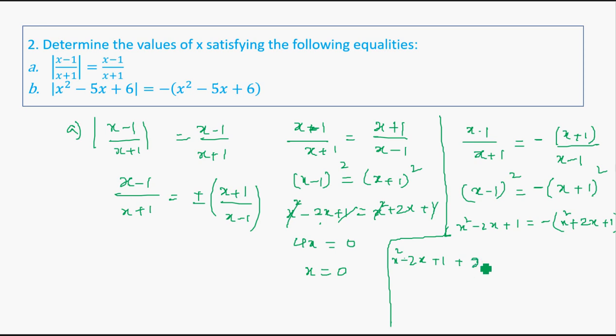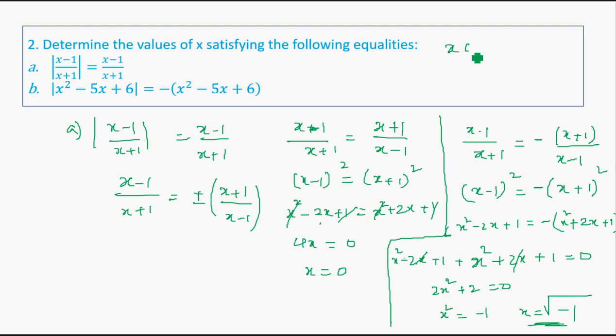So this will be x square plus 2x plus 1 is equal to 0. Now 2x and minus 2x will get cancelled, so we will have 2x square plus 2 is equal to 0. Now this is nothing but x square is equal to minus 1, so x will be equal to root of minus 1. Okay, this will be the solution, but here